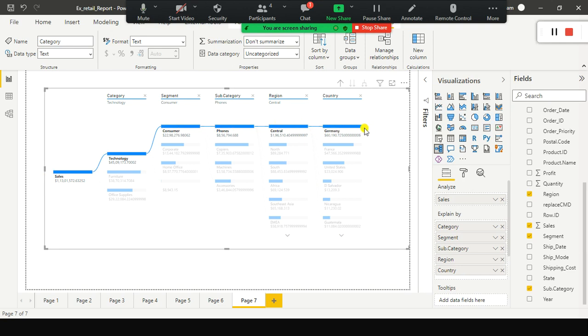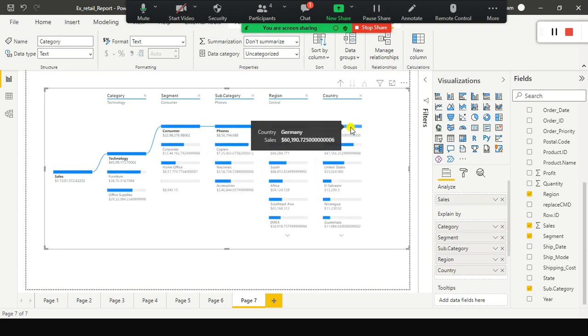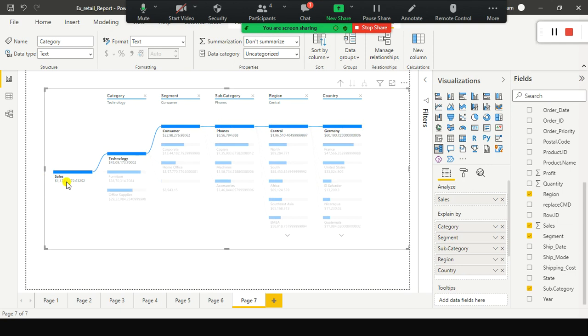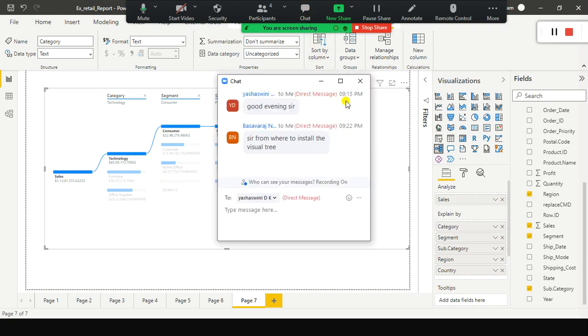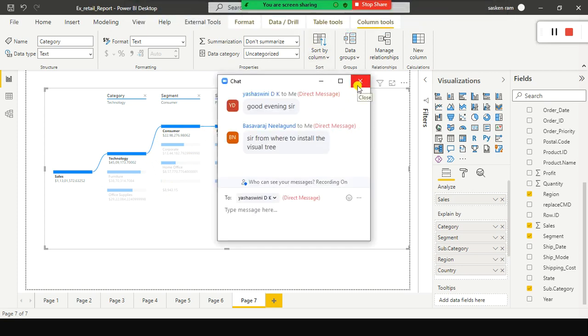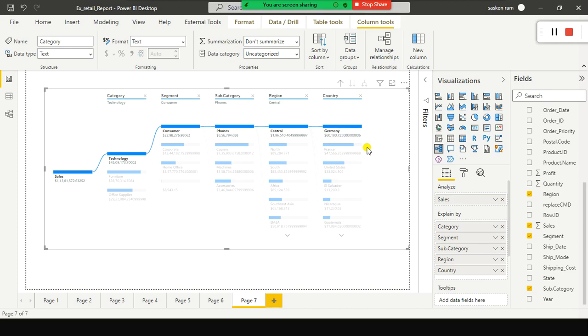Okay, and if you select a specific thing, if you click on it, this one will get highlighted. The rest of them will become less transparent. It will dim the rest of the tree's branches. This is kind of the decision tree, right? So in the case of the decision tree, it is kind of a branch. You don't have to install the decomposition tree. It is already available in your visualizations, right?